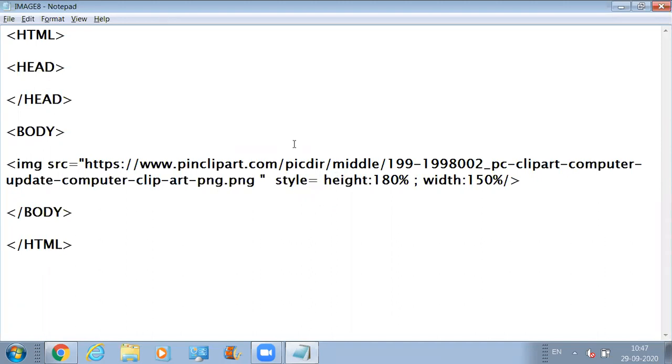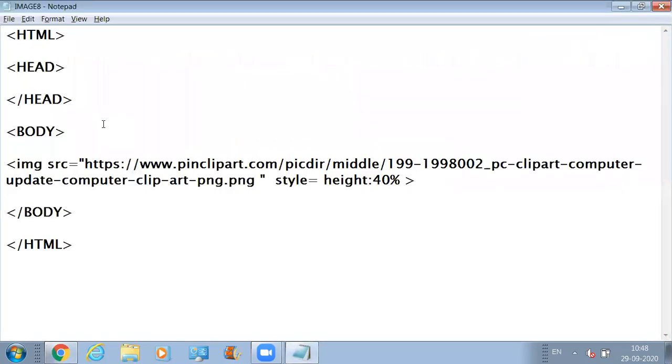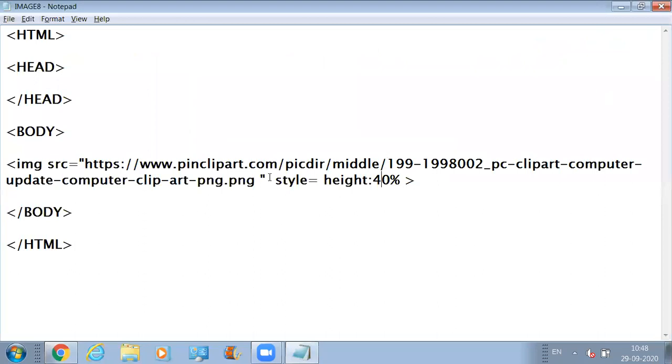Fine. Now, what else do we have? Okay, let's remove this width from here, and let's make it 40%. So this is what we are going to get as an output. Now, suppose we want to place it here on the right side, so how can we do that?